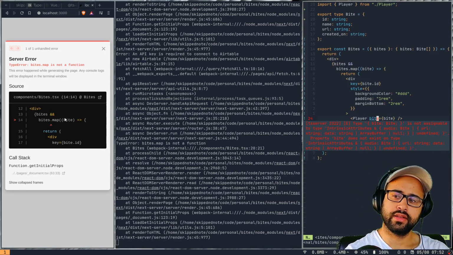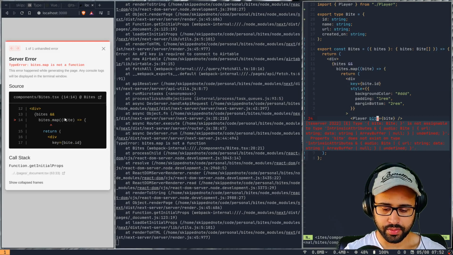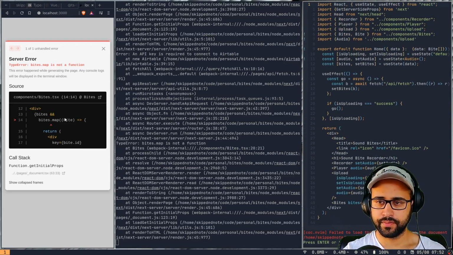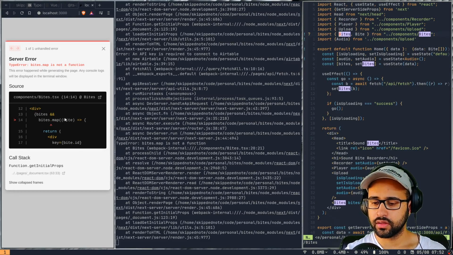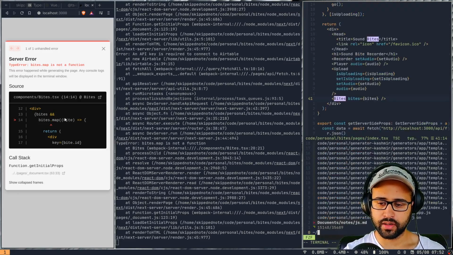So it takes in a bytes array, right? And this is the bytes component. So let's see, on the index file we have bytes. This is taking in bytes. It seems fine to me, but then the problem is with player, I think.